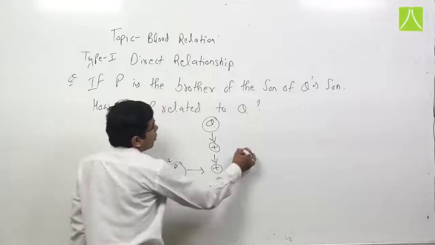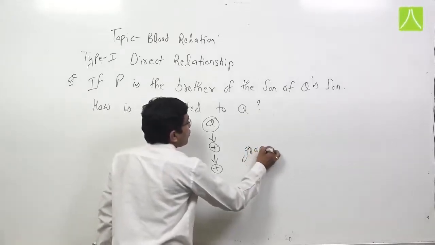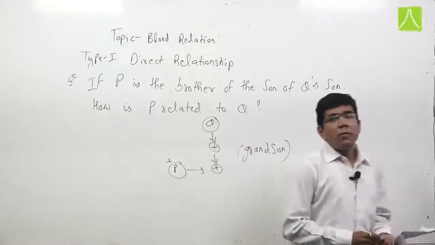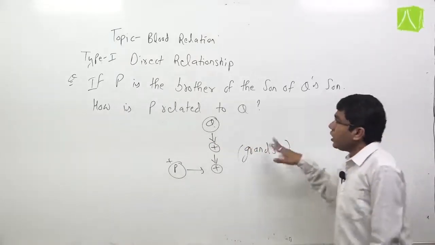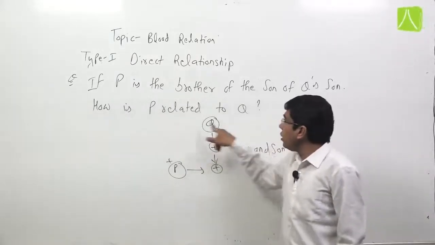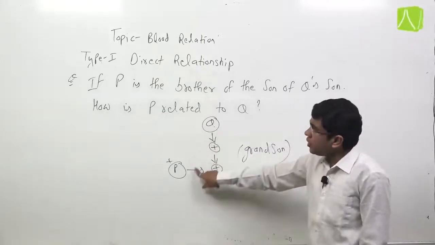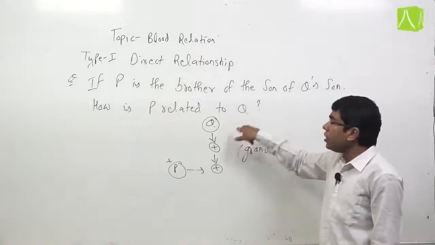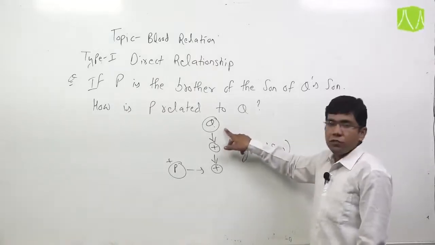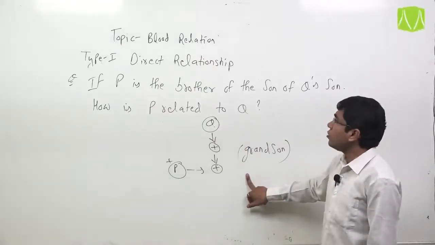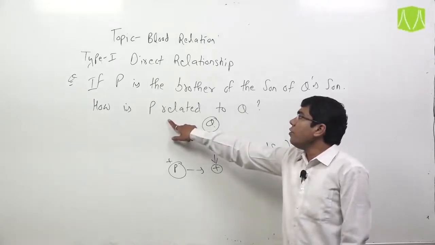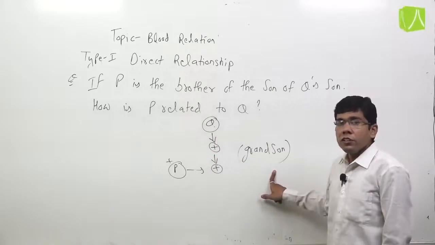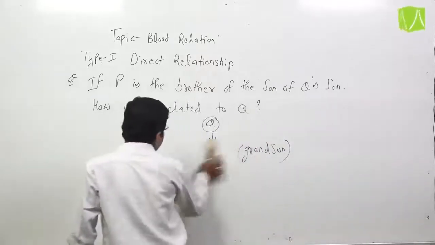According to the question, P is the grandson of Q. But now in this question, if question is that how is Q related to P? How is Q related to P? Then our answer should be data inadequate, because the gender of Q is not clear in this question. But here is asking how is P related to Q? It is clear that P is the grandson of Q. Now take next example.